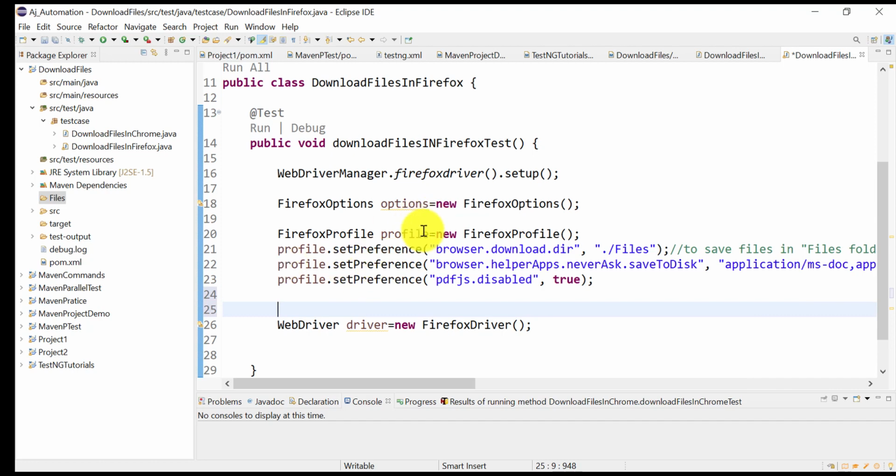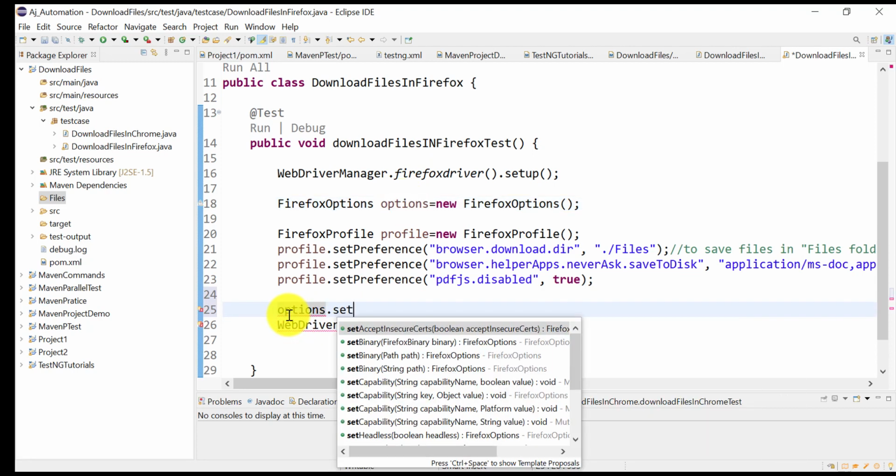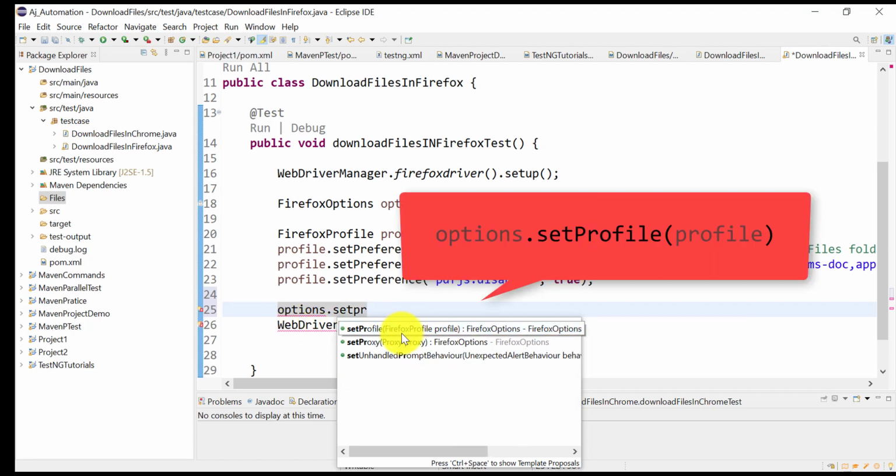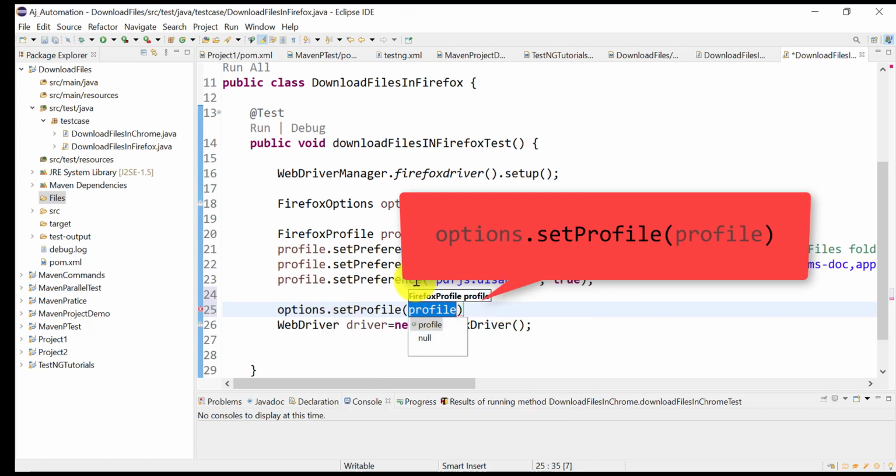Now you need to set the profile in the options, the Firefox options object. So how to do that? Copy this, options.set_profile. You can see it is accepting this Firefox profile object as argument. So we have that object already.